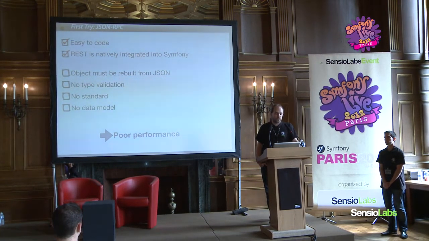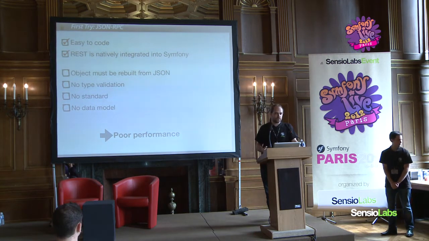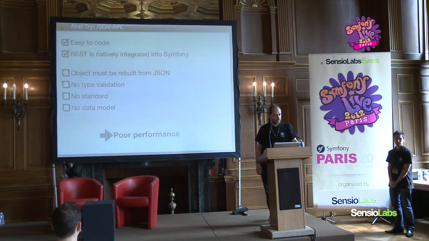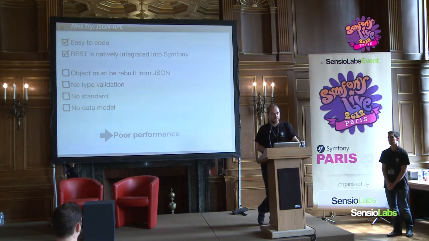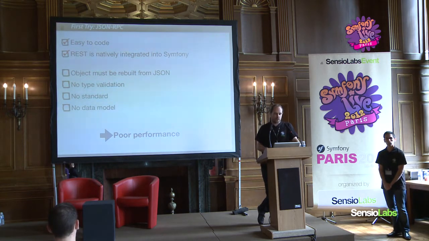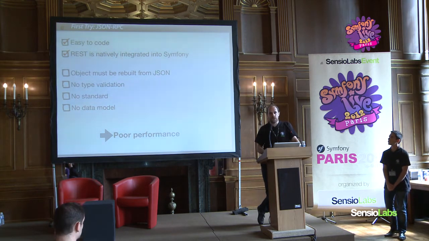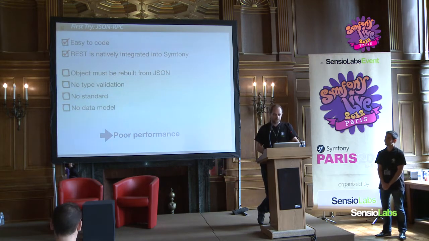We drilled down, and the way we work, we need to build up all the objects from JSON. Now, this actually shifted according to projects. We have several teams, and each team can work on different projects. If communication is not up to snuff, then we can drift away. There was no typical validation process, and as a result, bugs could be created quite easily. PHP is not really typed, and it was not highly standardized either. We had no data model.